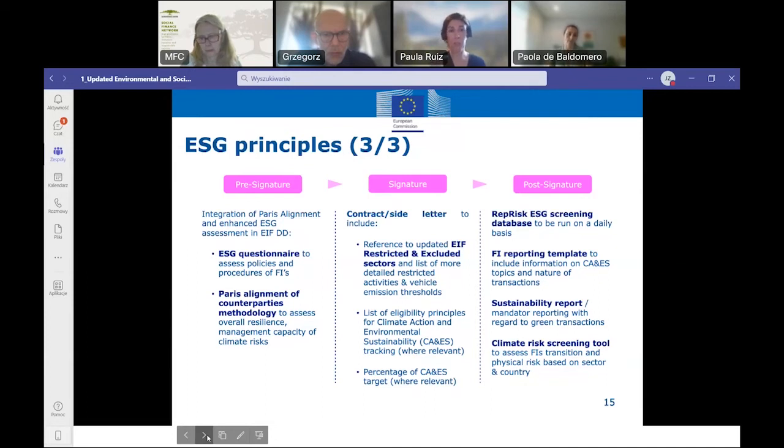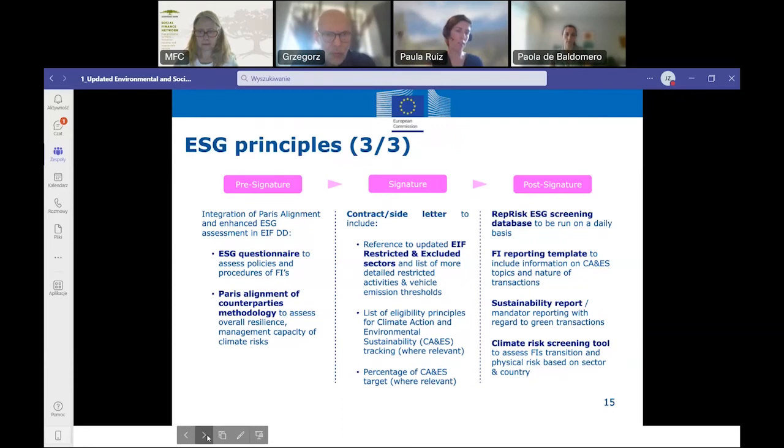So we are applying this specific part of the ESG questionnaire to financial institutions that have more than 30 billion in total assets and who are among the 3 largest in the country, and for fund managers with assets under management of more than 500 million. Of course, sovereign, sub-sovereigns, as well as microfinance, business angels, and so on, are out of scope. Mainly because they don't reach this threshold, but also because we wanted to have a proportionate approach to this type of institutions, which do not have the same impact and the same resources to implement